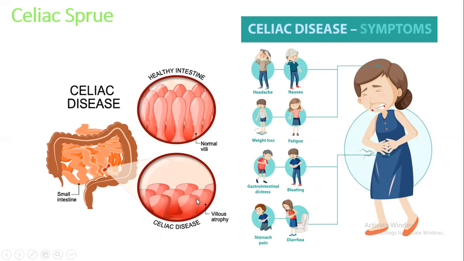As the villus decreases in height, surface area is decreased, fewer nutrients are going to be absorbed, so the patient is going to lose weight. So whenever he eats wheat or gluten, rye, barley, he's going to have severe bloating, diarrhea, abdominal distension, gastric distension. He's going to feel fatigue because nutrients are not being absorbed. So when this person presents to you in the medical outdoor, he is going to say, whenever I eat roti, I have severe gastrointestinal disturbance. What should I do? So you must think of celiac sprue, and you must have him tested for celiac disease.